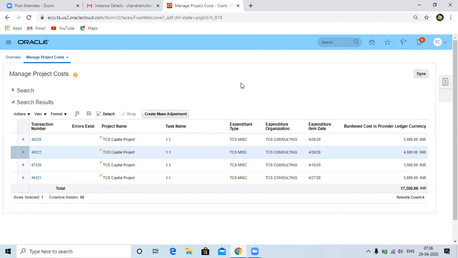One more, sir. In EBS we use job based and position based approval workflow. Here we are not using any job based or position based approval workflows. That depends upon how you want to define your approvals. See, I went with auto approval because I don't want to send it to someone to approve. So that you can define.